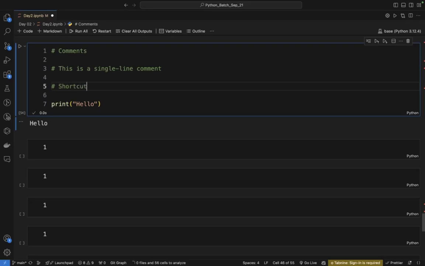You can try it out. For Windows, the shortcut is Control, CTRL, plus this forward slash. Fine. And for Mac,